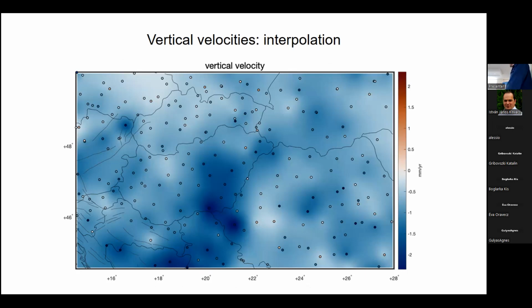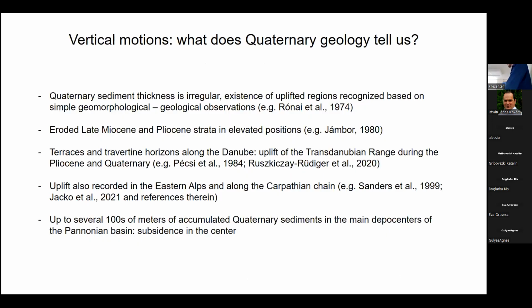We have some very close to zero values, maybe a little bit uplifting values in the region of the Trans-Danubian range, in the Carpathians, but most of the area is under subsidence. I will just leave it at this point, and I will move back to what we see when we look at